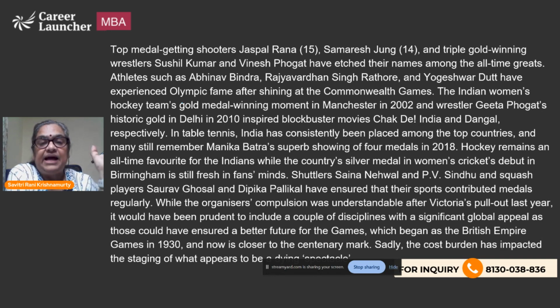First paragraph says that Commonwealth Games Glasgow is going to be a toned down affair with a lot of games which India is good at being out. In the past, India has done very well because of these games, but they have been removed from the Glasgow Games. Then he is giving details of Indian players who won medals like top shooters, Indian women's